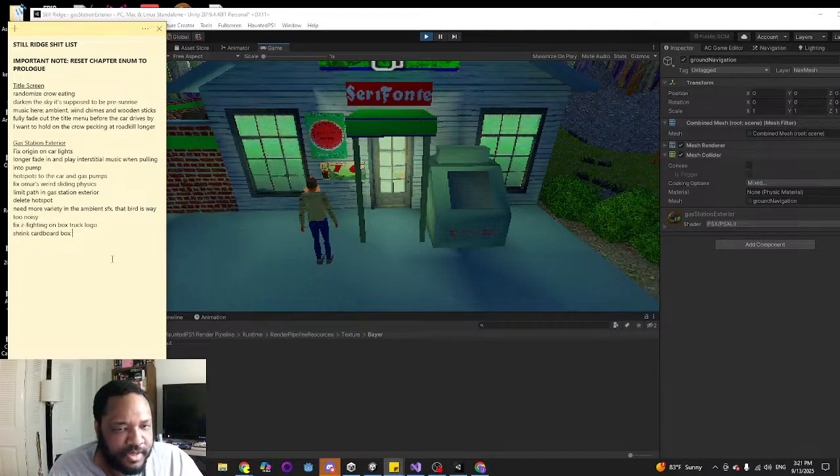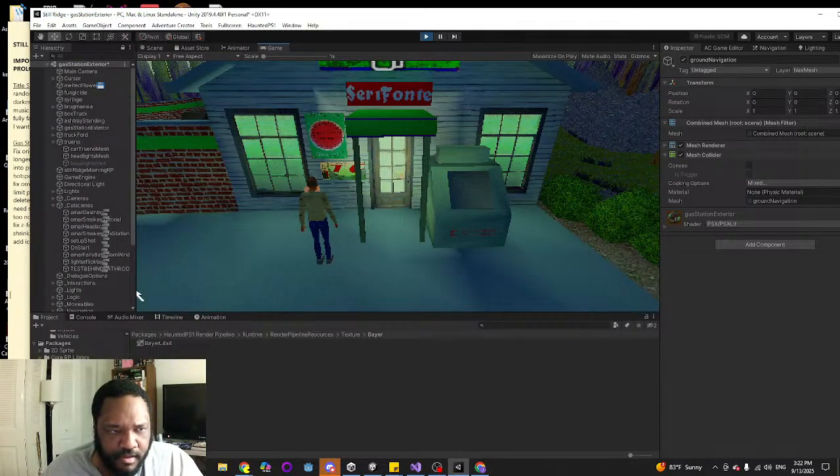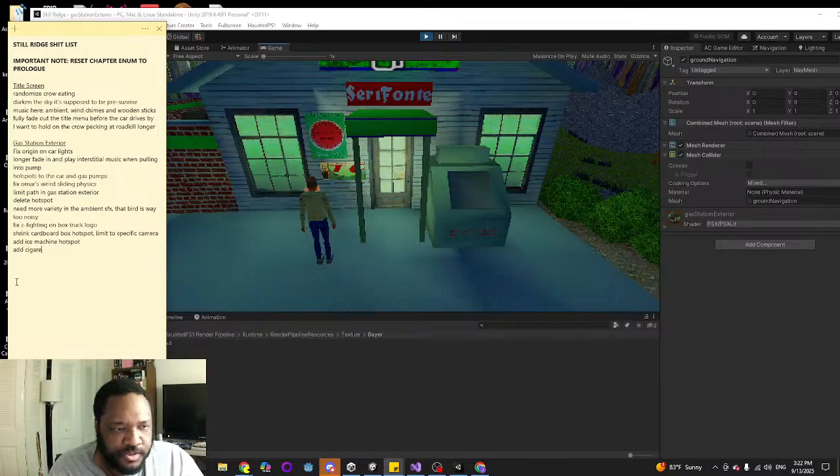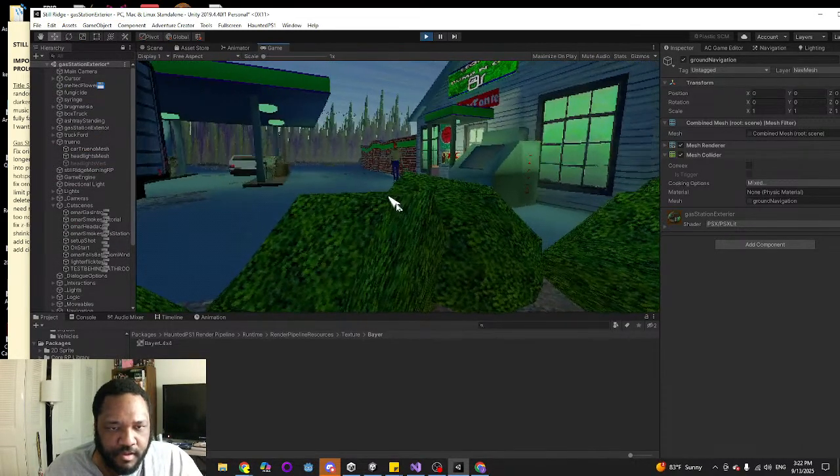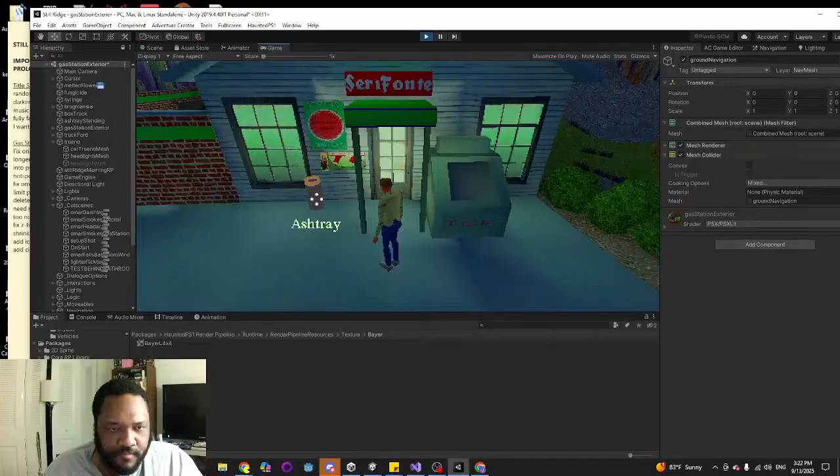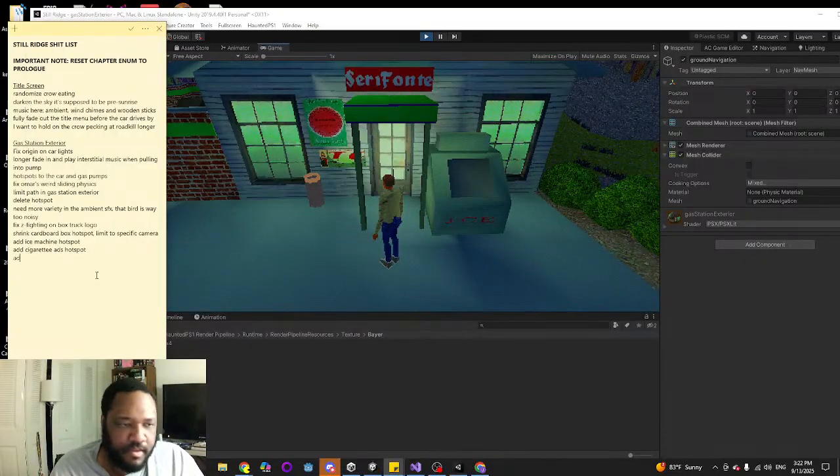Shrink cardboard box. Hotspot. Limit to specific camera. Add ice machine hotspot. Add cigarette hotspot. Add dialogue for ashtray.